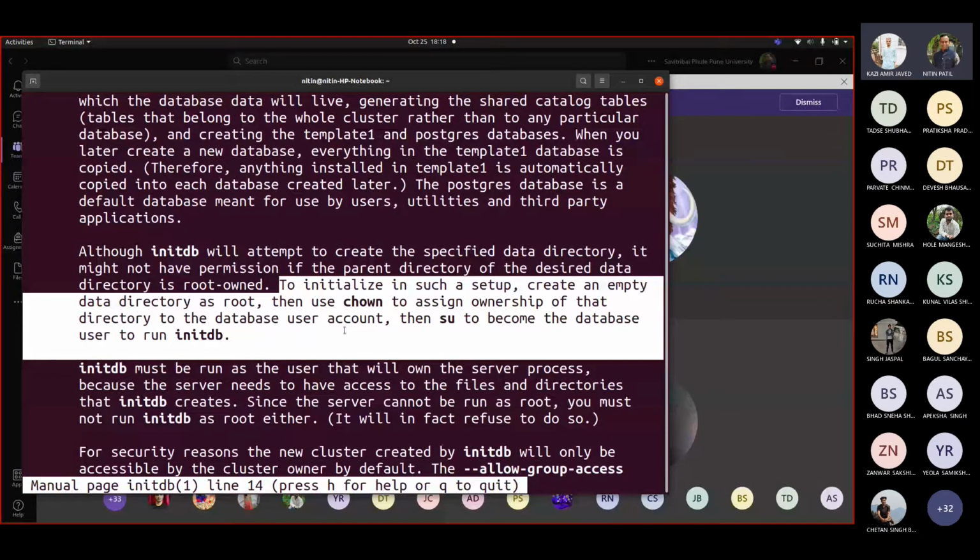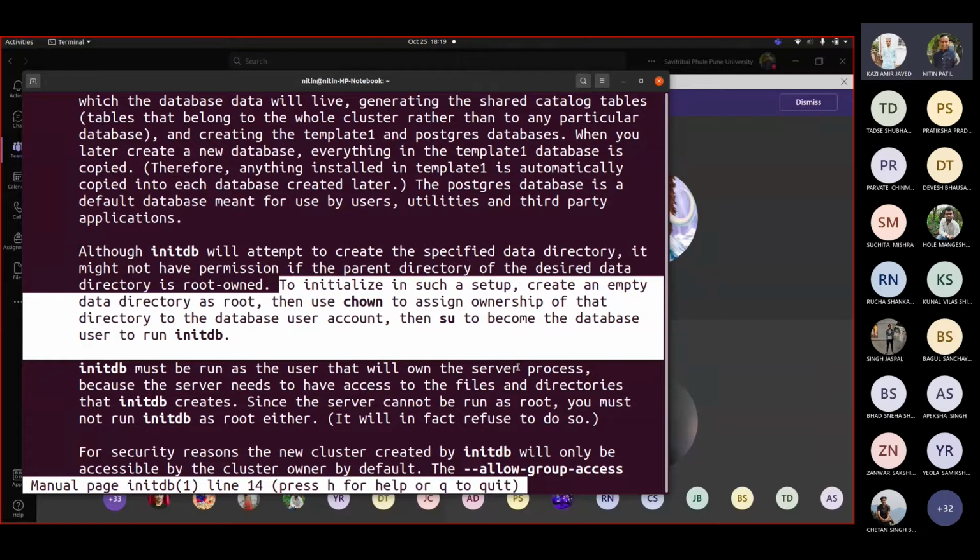But right now we are not doing that. It already did that because we installed the software using the Postgres binaries, with apt-get install and then PostgreSQL 11 or whatever. Now this initdb must be run as the user that will own the server process, and that's the important thing.